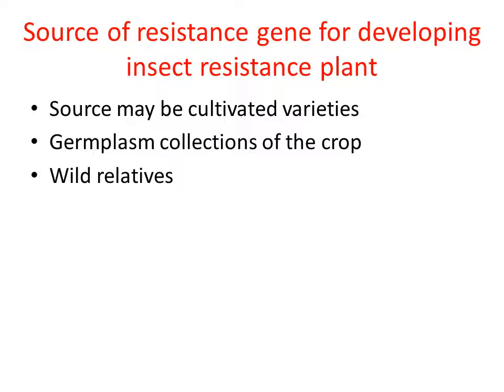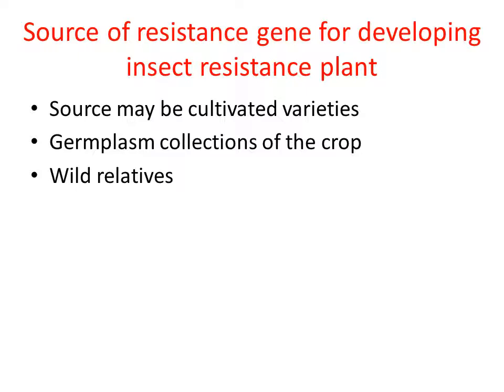Without resistant plant, the farmers have to spend lots of money for purchasing insecticides. Clear? Because the insect numbers can be reduced only by spraying insecticides, right? So when the farmers are using insect resistant plant, they can save the money they are spending on purchasing insecticides, because the insect resistance plant is strong enough to prevent the insect. Clear? This is one advantage the farmers will get by using insect resistance plant.